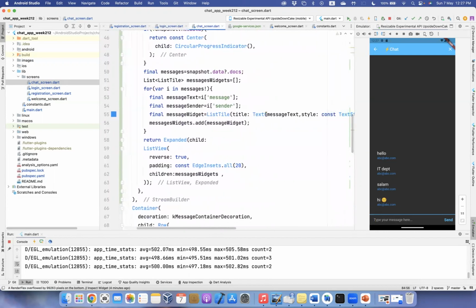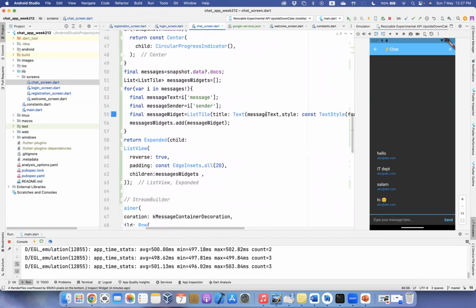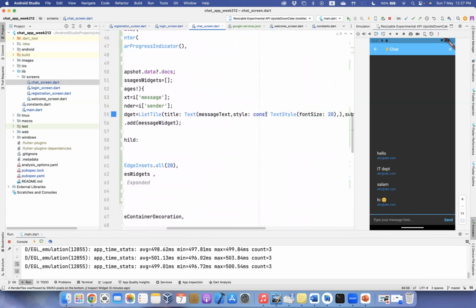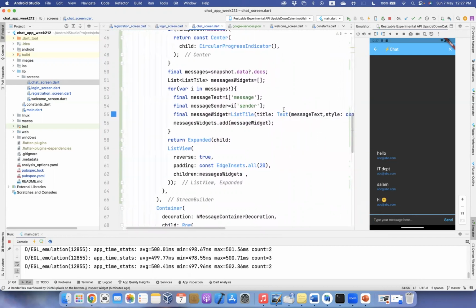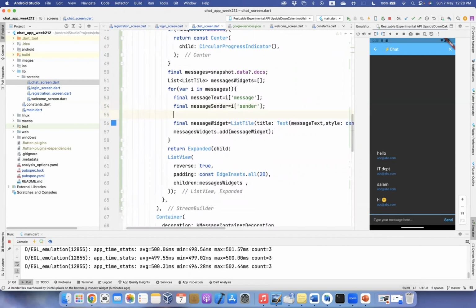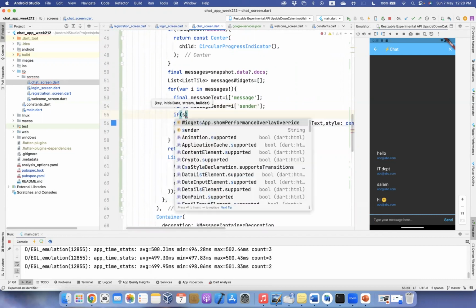List title, okay, adding. In the message title, for example, if sender